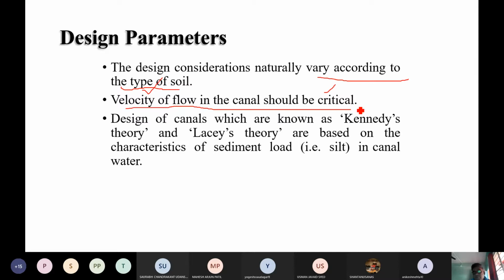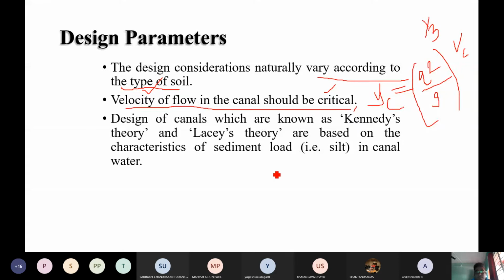Critical flow is the flow of water that takes place at the critical depth. You know the critical depth Yc, and the entire flow is called the critical flow, and the corresponding velocity is called the critical velocity. So Yc, you know this equation, (q squared by g) raised to 1/3. This equation you have to utilize to find the critical depth. So the flow at the critical depth is the critical flow, and the particular velocity of the flow is called the critical velocity, so it should be Vc.